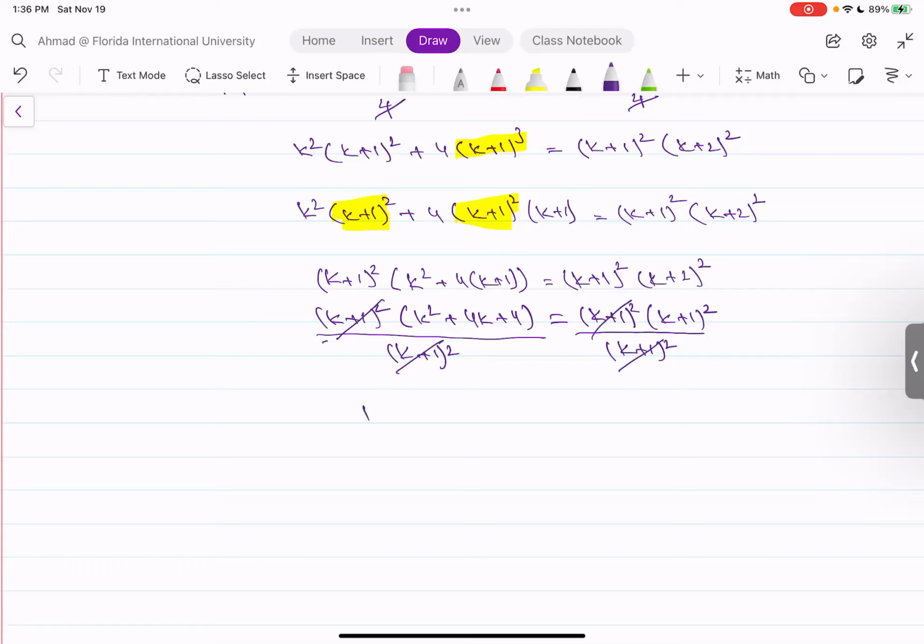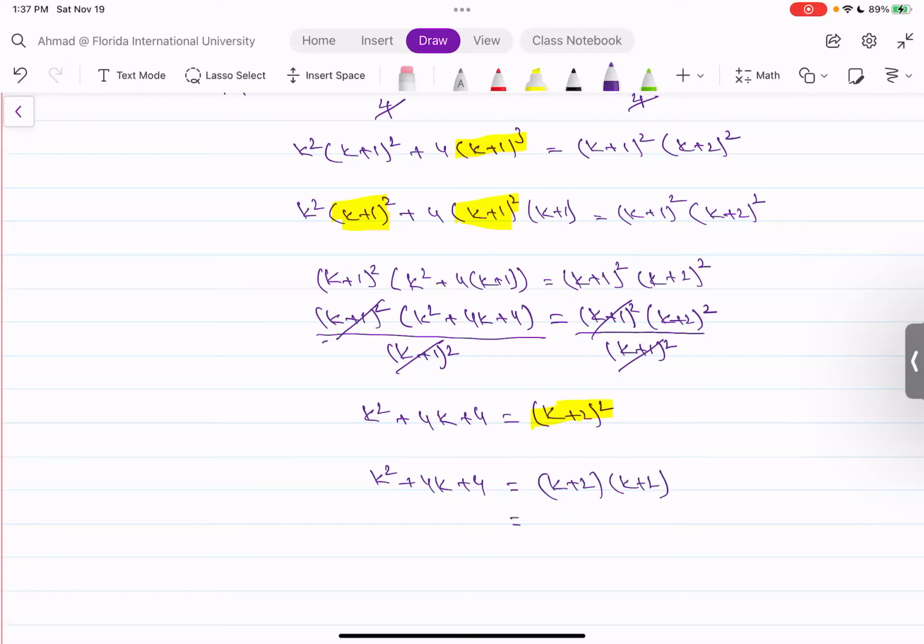What is remaining is k square plus 4k plus 4 is equal to k plus 1. This was k plus 2, not k plus 1. So this is k plus 2 whole square, right? Now, if you observe this, this is going to be the same. So if you open up this square, it is going to be k square plus 4k plus 4 is equal to, this is nothing but k plus 2 times k plus 2,